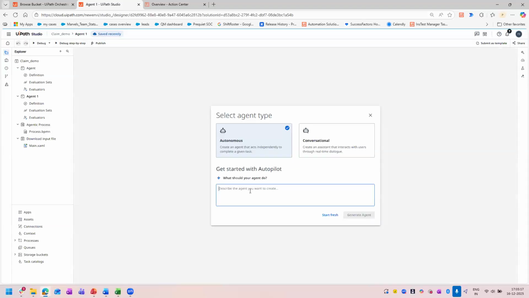So you'll have an option to derive your agent directly from the autopilot itself. I can just mention, be an assistant agent for my employees check-in, something like that. If I just click on generate, it will create